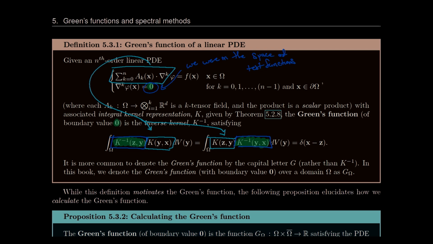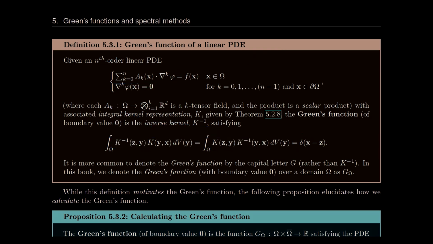They may be vectors individually. Whatever that function is, when we compute this integral transform of one kernel against the other kernel, as long as I get the delta function out of it, that's a Green's function. Now that's extremely abstract and theoretic. So I think most of the time Green's function is taught, most of the time that I was taught Green's function, most of the time that I'm looking for Green's functions,